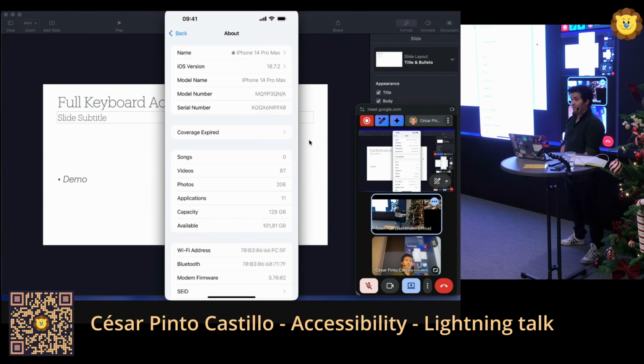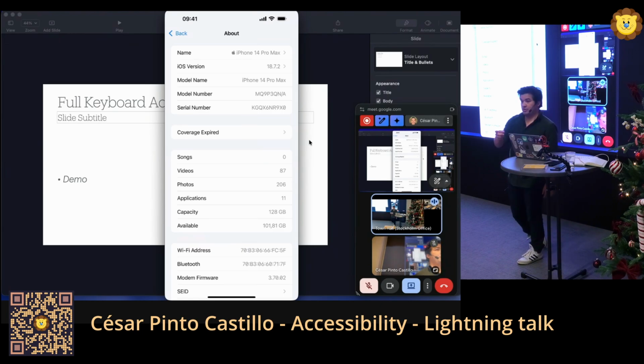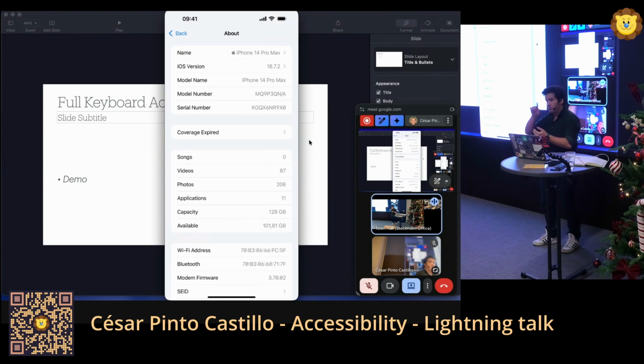Does VoiceOver interact with full keyboard access and announce it as you go along? Okay, that's a good question. Full keyboard access and VoiceOver are two different technologies, but you can have them working together. With VoiceOver, you can swipe left and right to move through the elements, and you can use a keyboard instead. If the user cannot, for example, swipe on the screen, you could use a keyboard or another device to go to the next element.